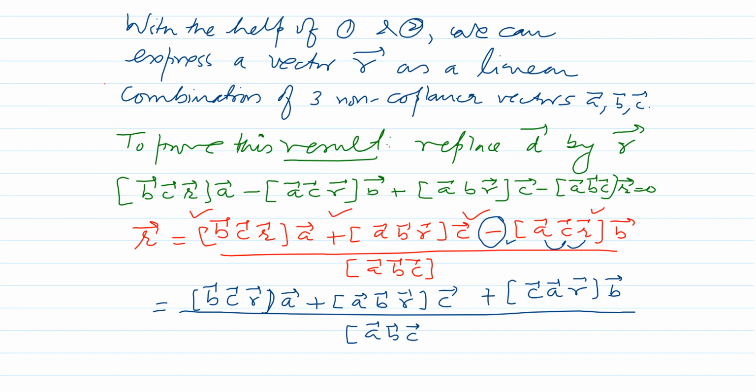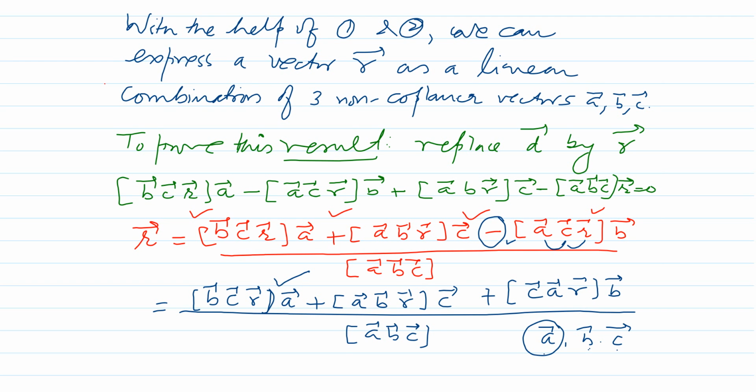So what is the idea to remember this whole result? Idea is, if you put A, B, C in cyclic manner, then in the first term, you replace this A by R. So you can write this as B, C and then A, scalar triple product of B, C, after C you will get A, but we have replaced A by R, so then A is outside.